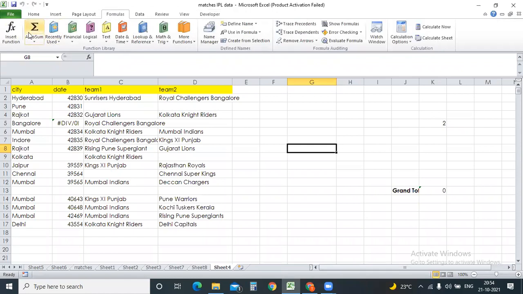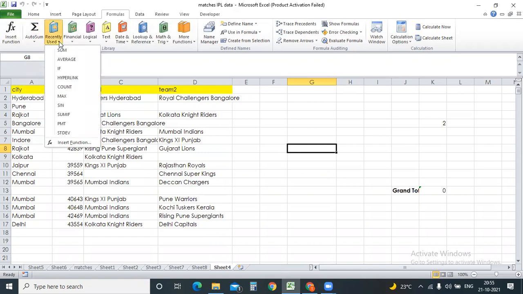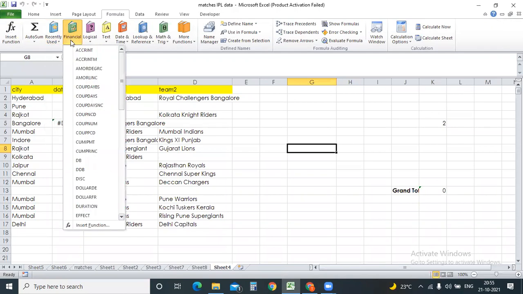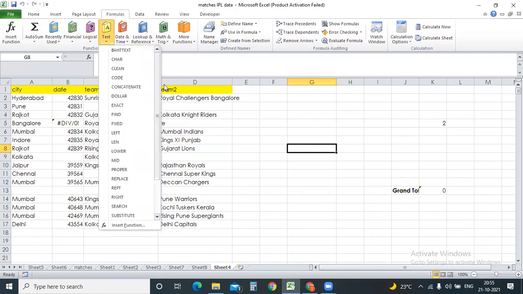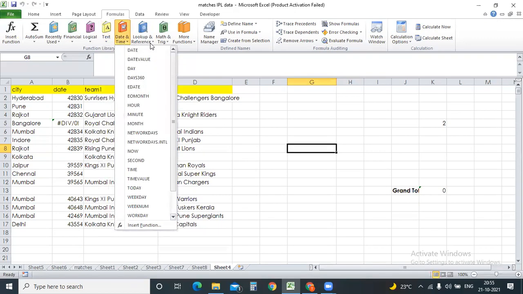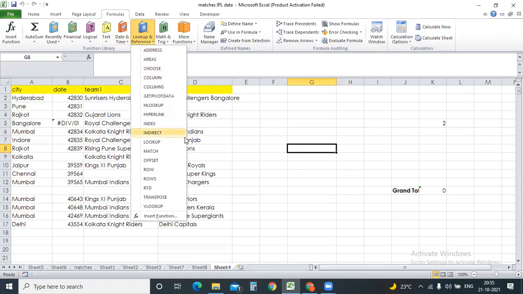Formulas is nothing but, I have shown you one formula today. Which formula did I show you? Concatenate. Some average and count I have already shown you. There are a lot of other functions, recently used, financial things, everything. We'll explore those tomorrow and close the formula tab. There are thousands of formulas, guys, but no need to worry about them. We need some 15 to 20 top formulas that you'll be using in day-to-day life.